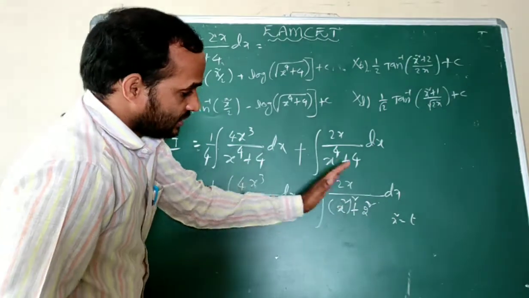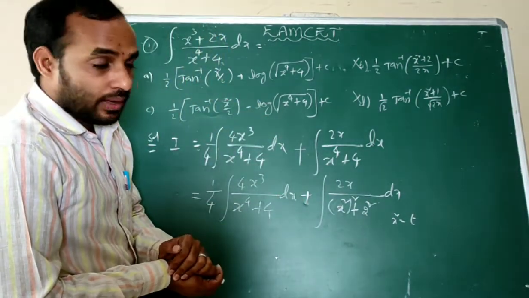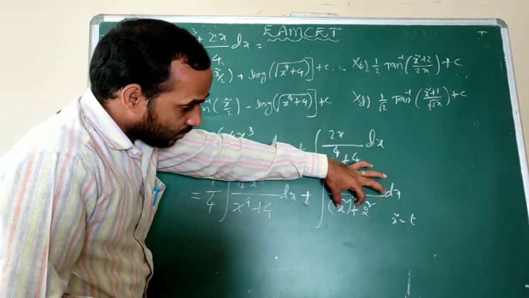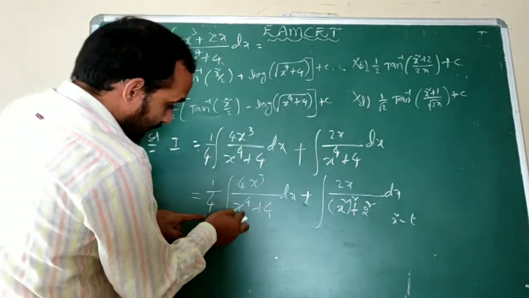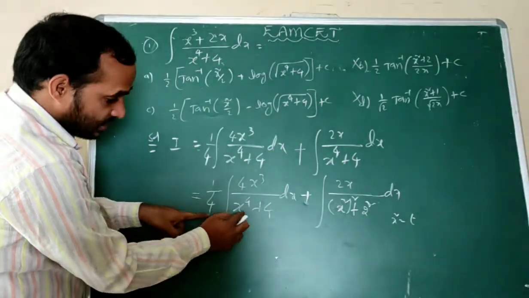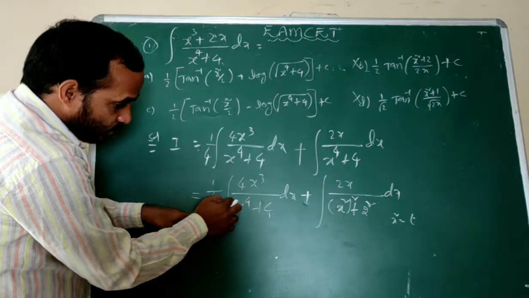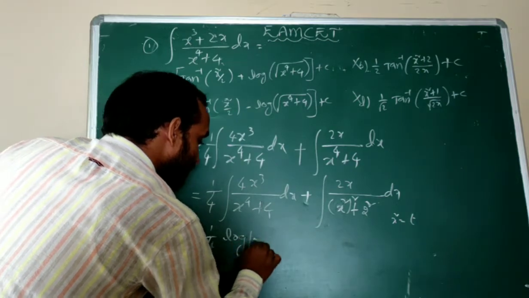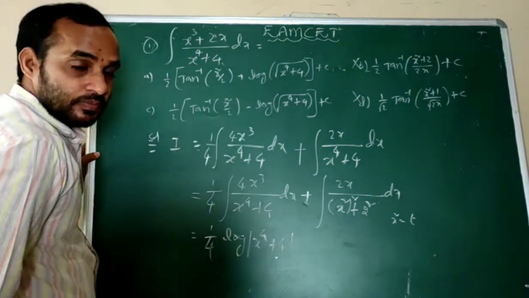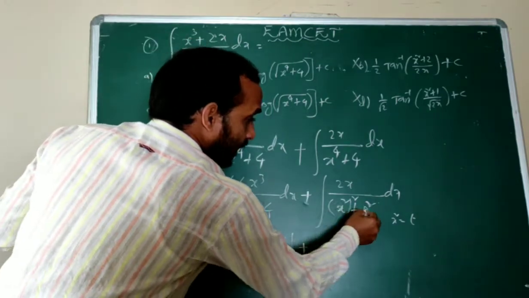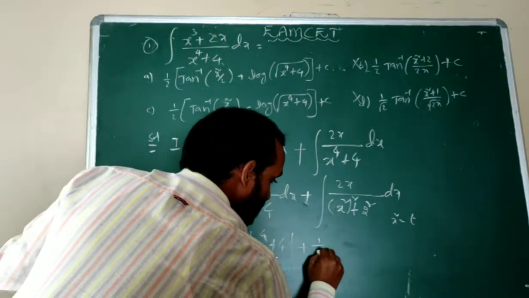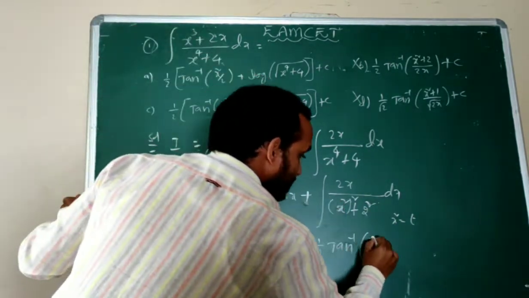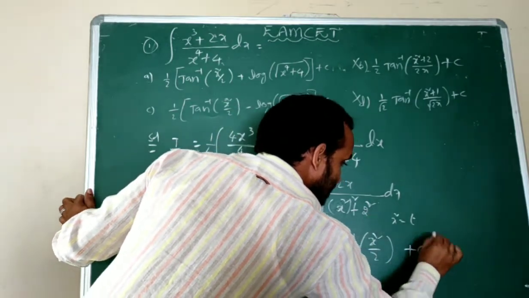The derivative of tan inverse x is 1 by 1 plus x square, so 1 by 1 plus x square integrates to tan inverse x. Here is 1 by 4 f dash divided by f of x: x to the power of 4 plus 4, the derivative is 4x cube. So that equals 1 by 4 logarithm of x to the power of 4 plus 4, plus here only 2, there is no root 2, so 1 by 2 tan inverse t, meaning x square by 2, plus c.